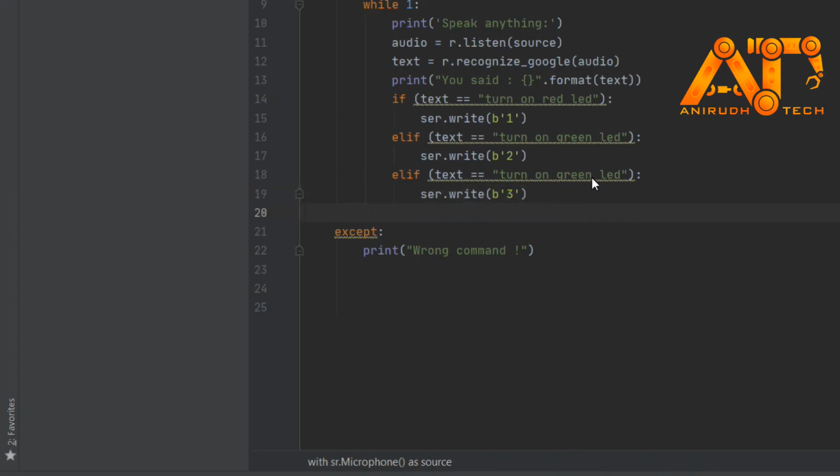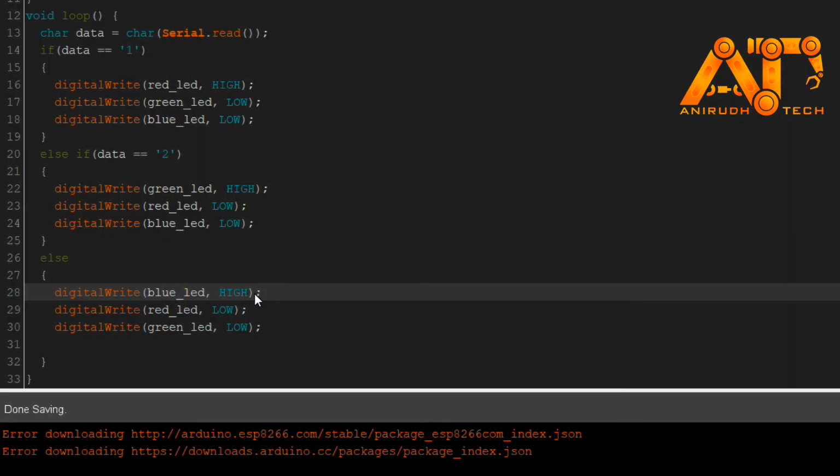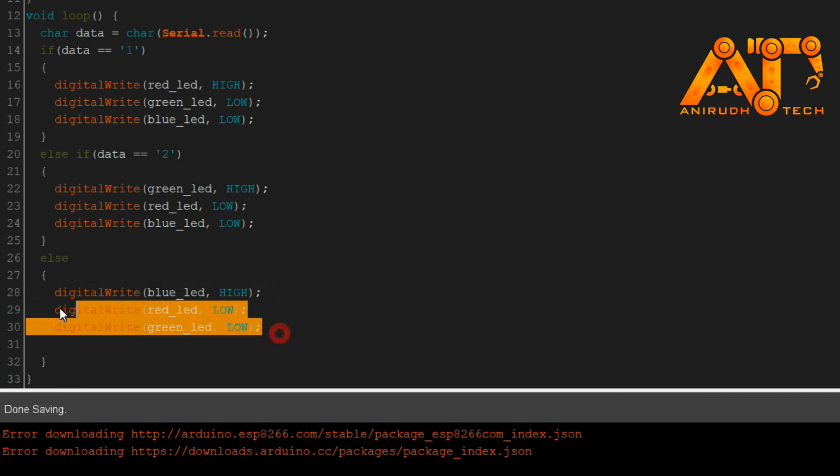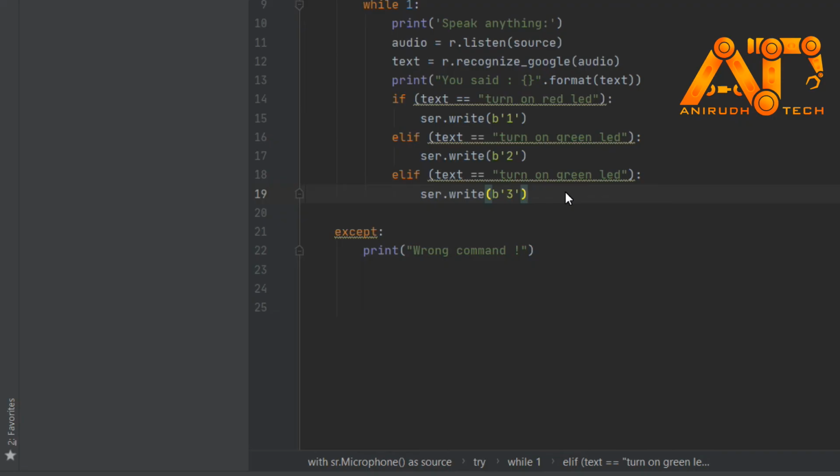Else if turn on blue LED, at that time it will send 3 to our serial port, and our blue LED will be turned on and the others will be turned off. And if you are saying any wrong command, then the statement inside the exception will be executed, that is wrong command.